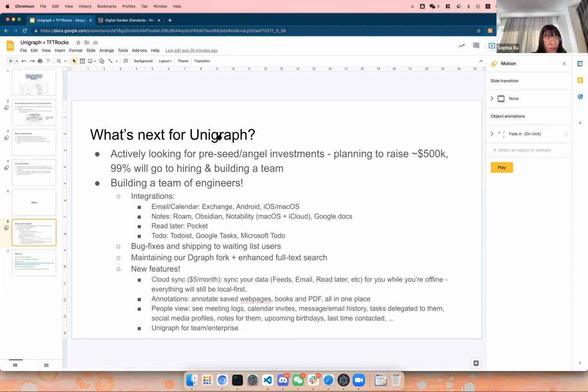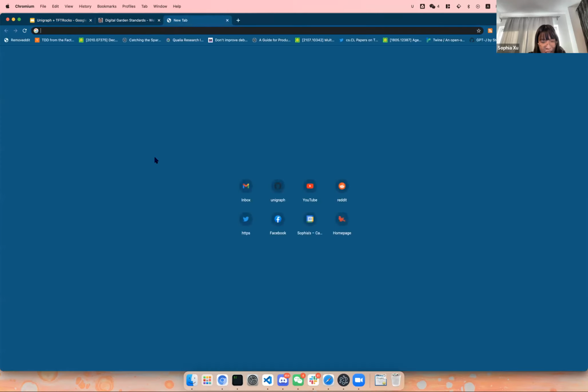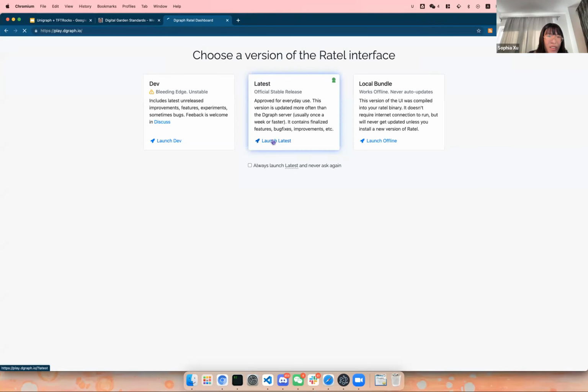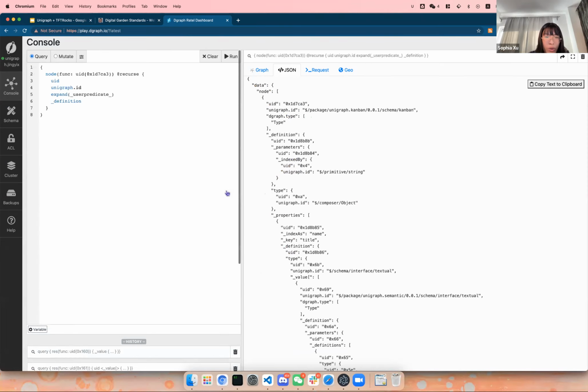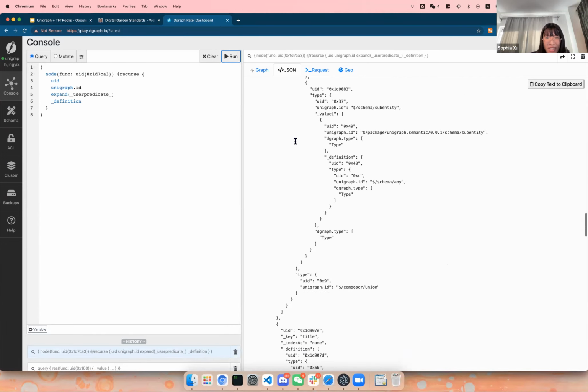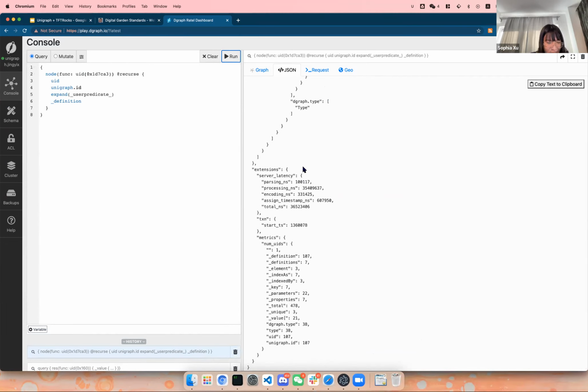And plus you can run arbitrary queries using a variant of GraphQL. So you can see here, this is how, for example, you want to run a query, and it's basically GraphQL, and you run it. You'll be able to get a JSON file. This is served by dgraph currently, and you'll be able to do complex GraphQL queries with recurse. And if you're going to run it, you'll be able to see all of the data, and you can develop anything on top of it without even dipping your toe into Unigraph. So this is really cool.